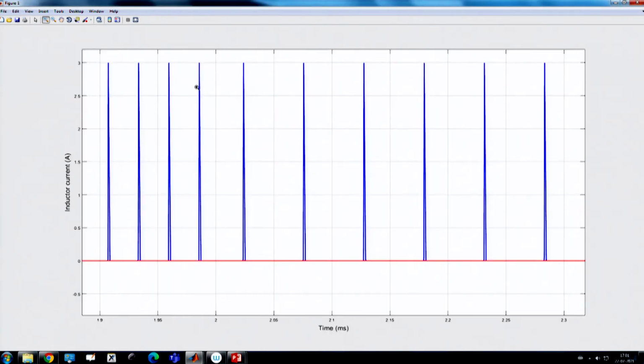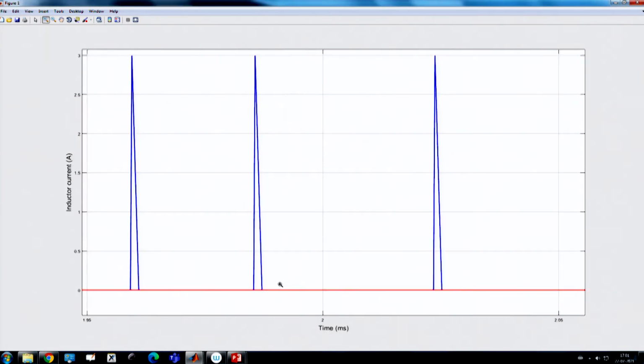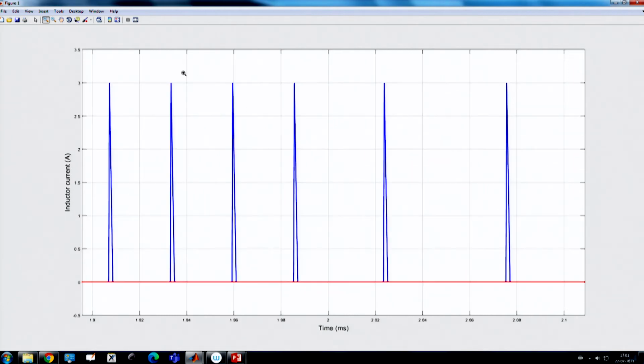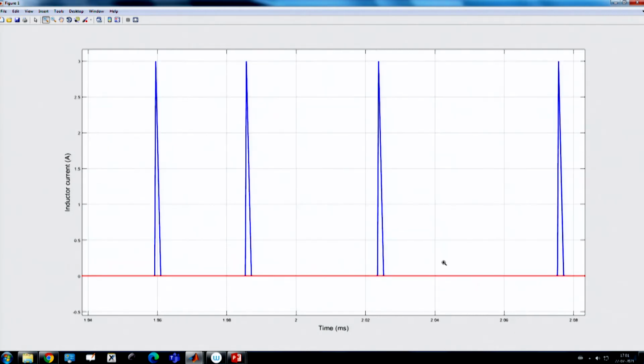That means your 3 ampere is maintained before and after load transient, and you can see that your time period has doubled. That means your switching frequency became half, which is consistent with our traditional constant on time, where the frequency is linearly proportional to load current. When it decreases by 50%, the switching frequency will also decrease by 50%.